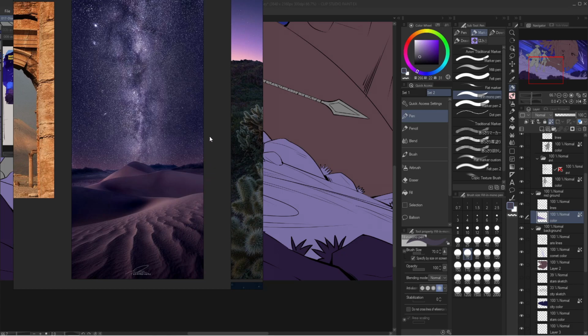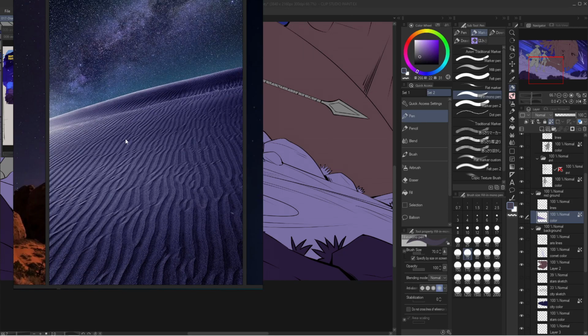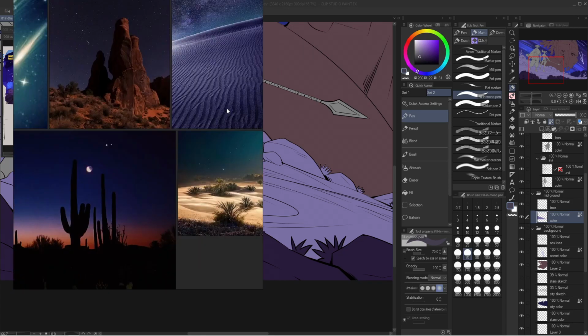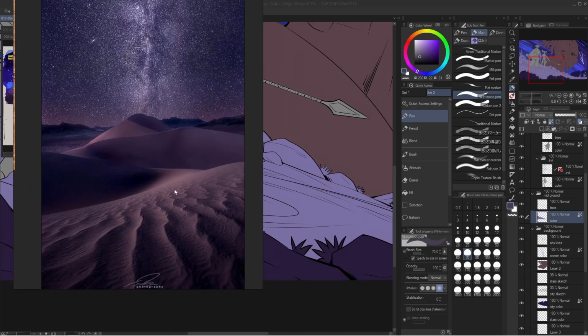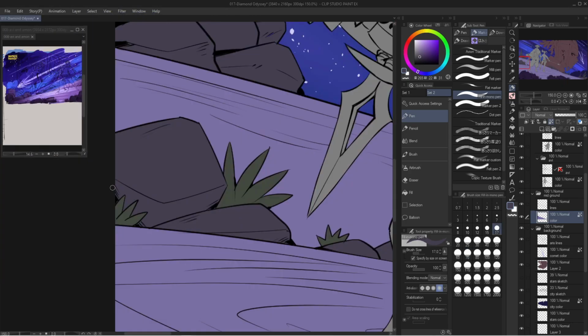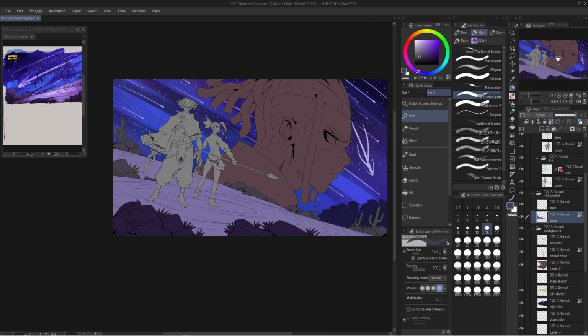I kind of want to implement that, because this one up here is more cool and looks otherworldly, and I want to get that sense of a desert. So I'm going to try and add this warm tone back to the sand while I color it. I think the most important part when you're drawing something this big is to make sure that you're enjoying